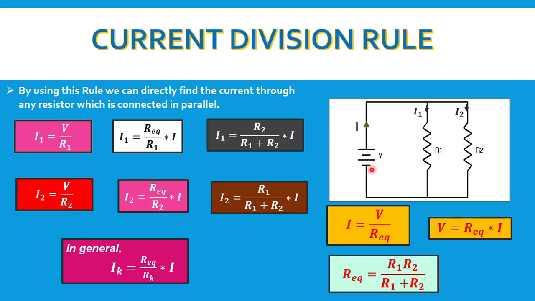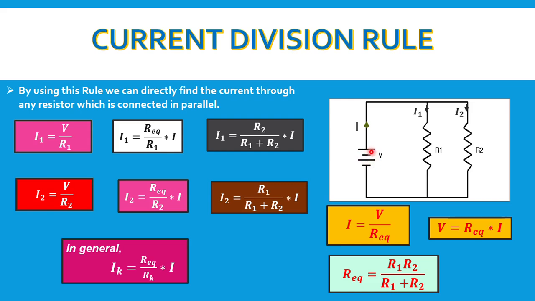Because if you are given voltage, then it is very easy to find the current when they are connected in parallel, okay, right, simply by using Ohm's law. I1 is equal to V upon R1 or I2 is equal to V upon R2. If you are not given a voltage source here, that means the value of V is not given. Suppose a current source is given, okay, that means the voltage across this current source is not given, only the value of the current is given, okay.